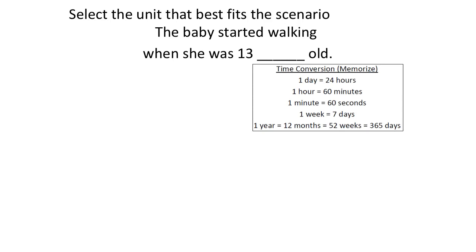The baby started walking when she was. Again, we're looking at time here. Now, whether you have your own kids or not, hopefully you have a little bit of background of when kids start walking. So hopefully you don't put years on this. Hopefully you don't put seconds or minutes or even days. I wouldn't even put weeks on this one. That seems really early. I would probably put months on this one. At 13 months, a baby started walking. It just makes the most sense